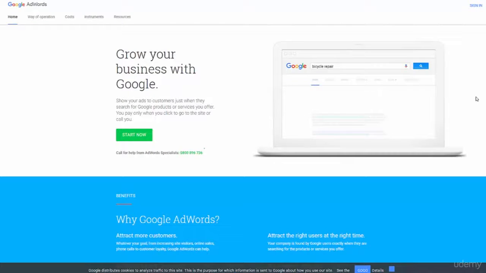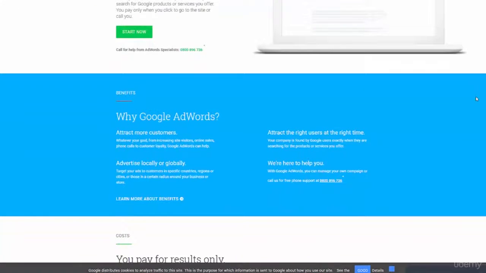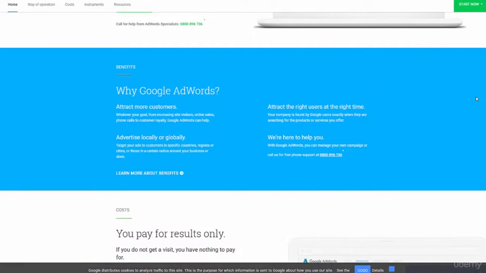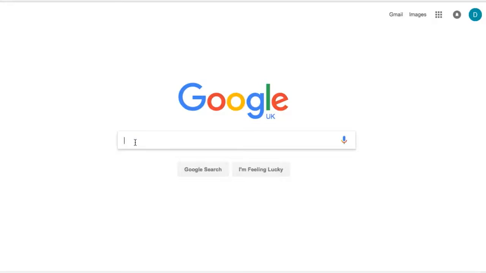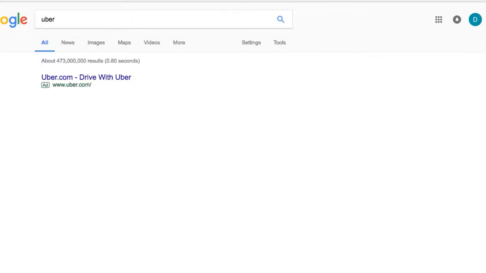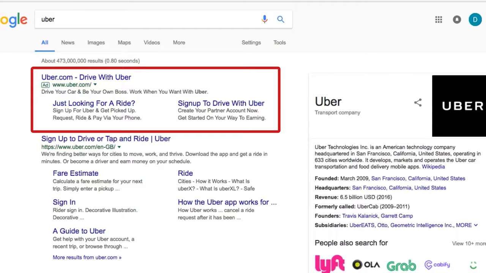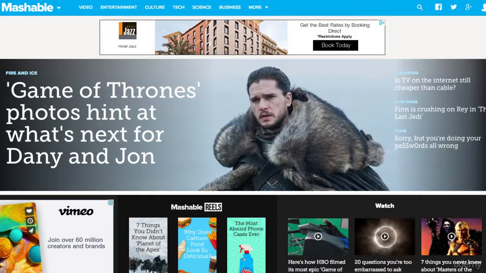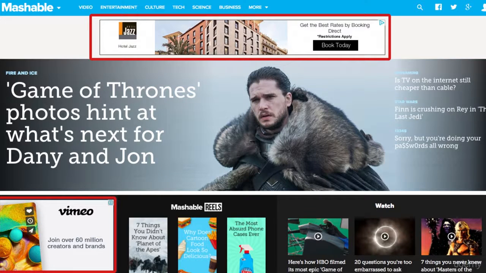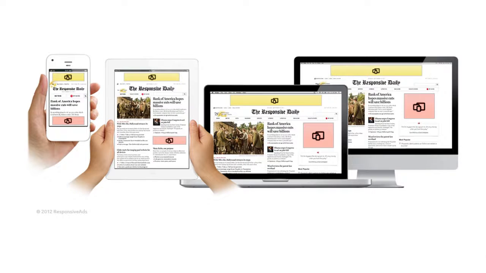Now to understand SEM, you need to understand how Google's paid search advertising platform works, and that is called AdWords. AdWords allows you to place bids and then eventually pay to have your ads featured on specific search result pages that match the keywords you're targeting. Now your ads could be text-based, like the ones we see at the top of search result pages. They could also appear as banners if you get an actual graphic done, and you'll see those on web pages.